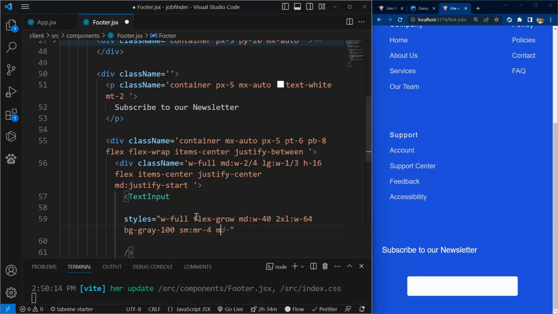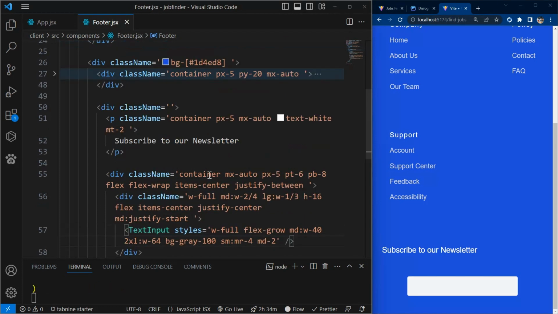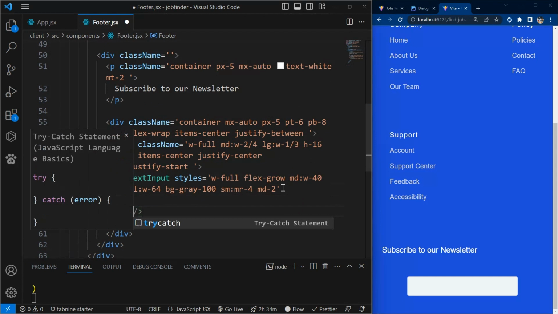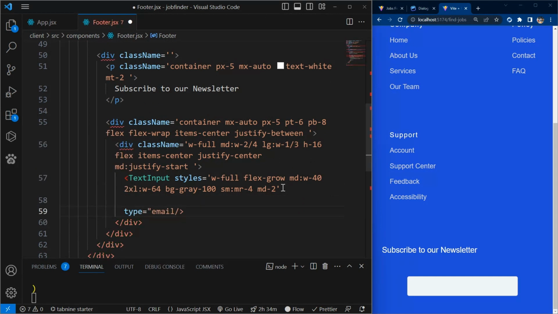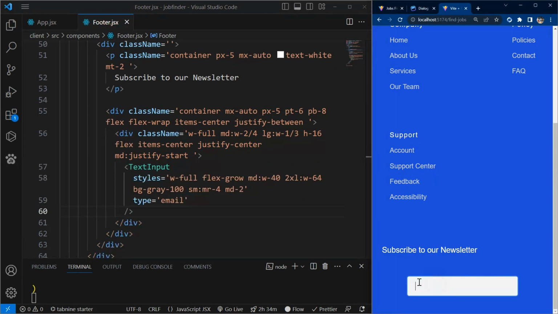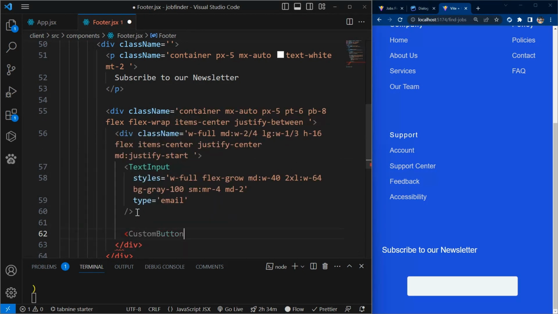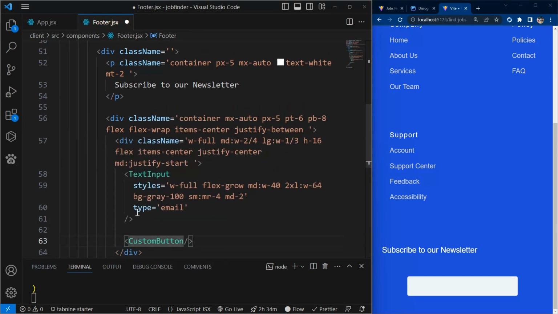BG gray 100, and on XM the margin right of 4, yes, and MD of 2. We'll put a type as email. Okay,